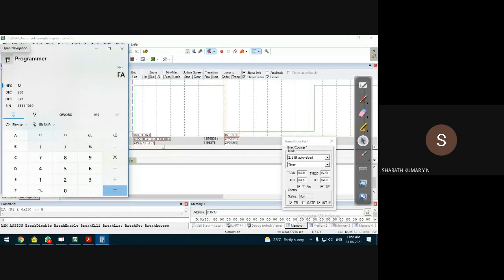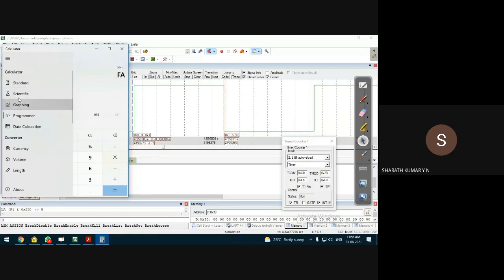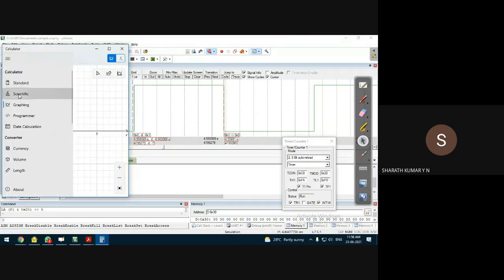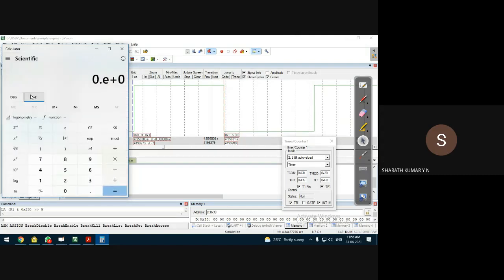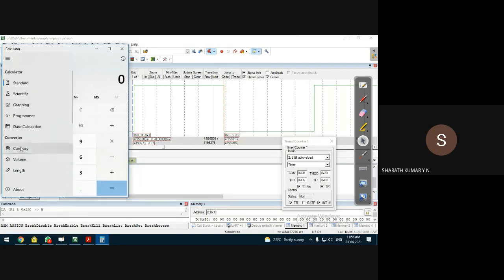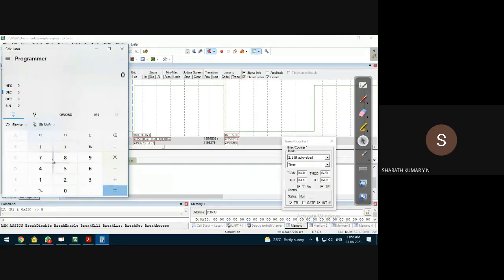Sorry, it should be the scientific calculator. So this is a standard calculator. In the programmer mode only we have to do this.